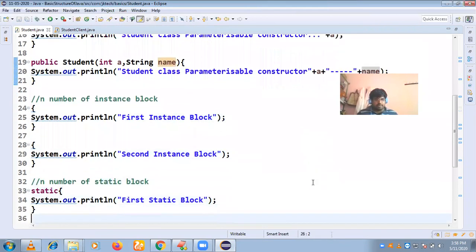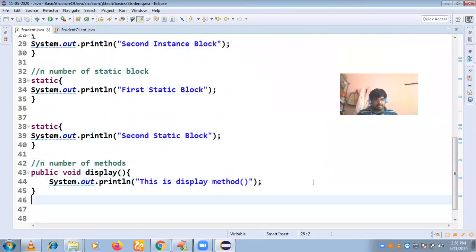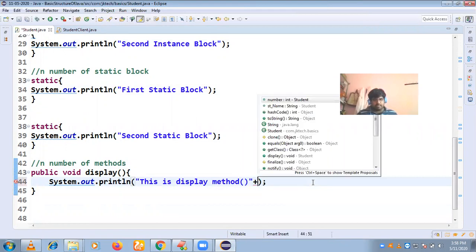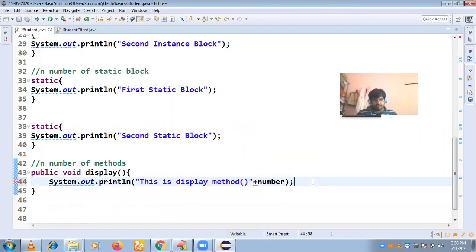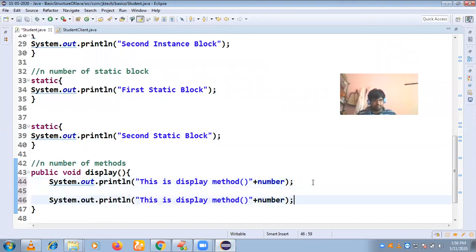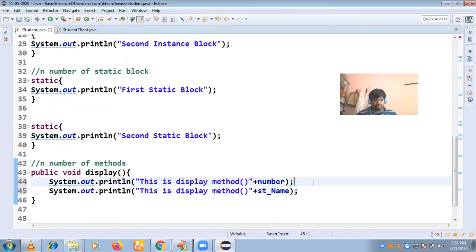And inside this display method, I'm going to access the variables. What are my variables? Number, and at the same time name. Okay, let us cross check here.